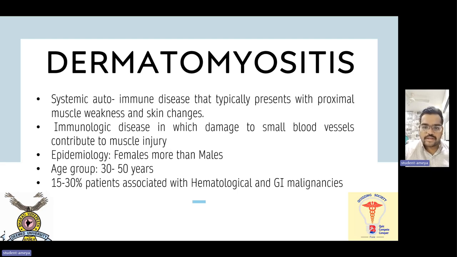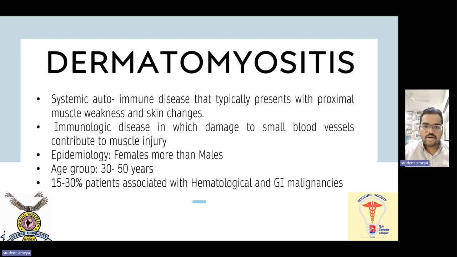I can assure you that this topic of inflammatory myopathies is given in Robbins in the chapter of peripheral nerves, but this topic is ignored in pathology. But this topic is very important as far as medicine is concerned. In rheumatology, especially in the entrances, NEET, INI-CET, questions are set on dermatomyositis, polymyositis, etc. So let's go with the first disorder, that is dermatomyositis.